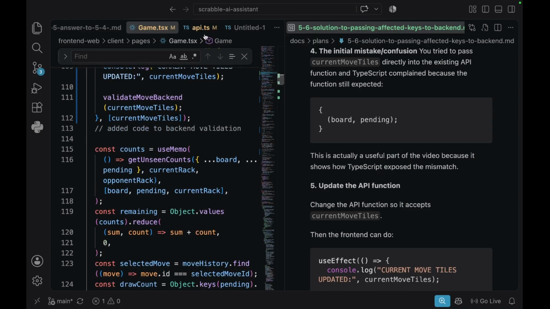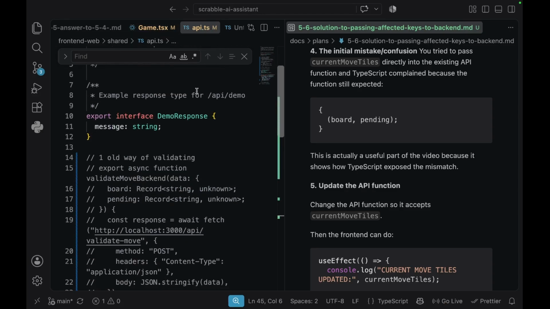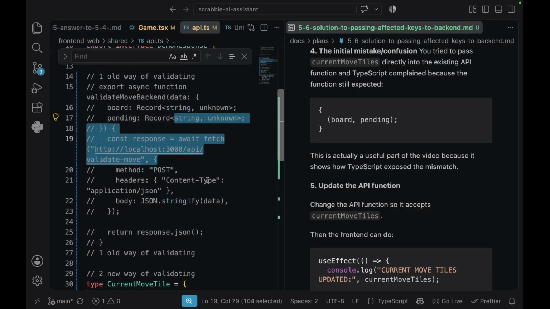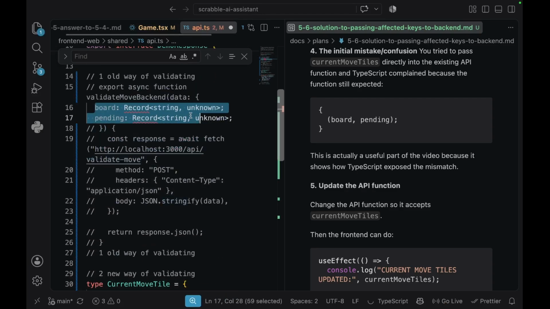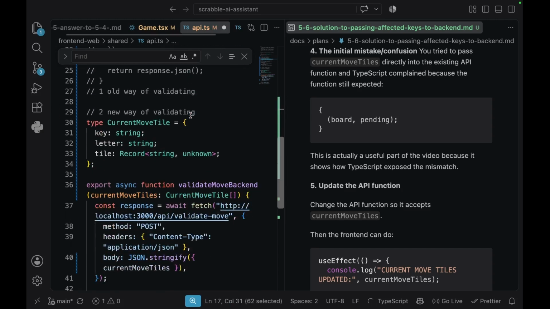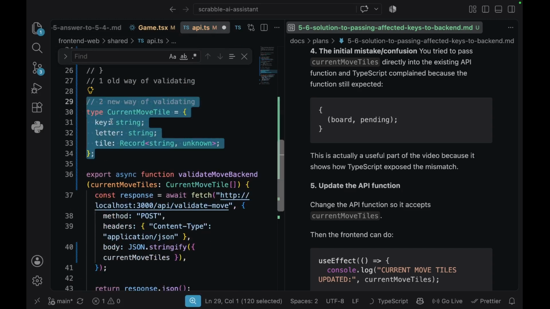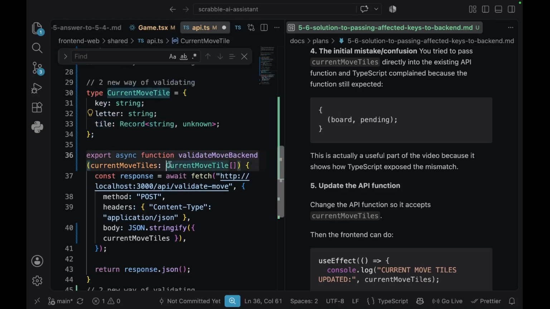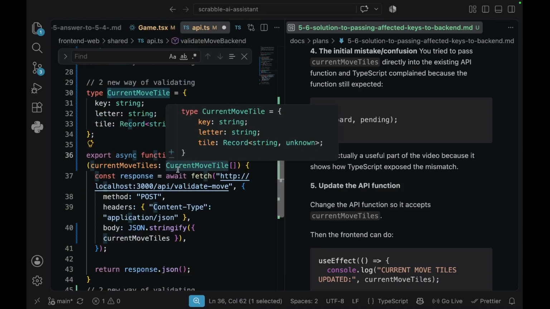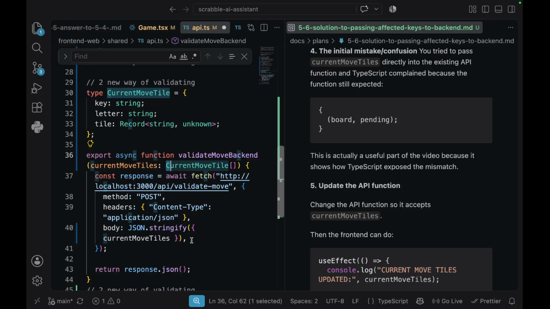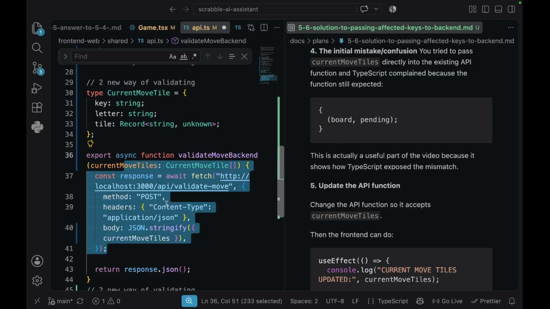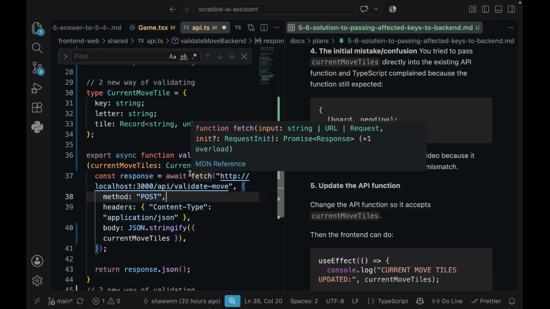So we had to go to our API and replace our old way of passing board and pending record string with a type which accepts keys, letter, and tile. And we pass it on here, current move tiles, and that's what we passed on to the backend in this